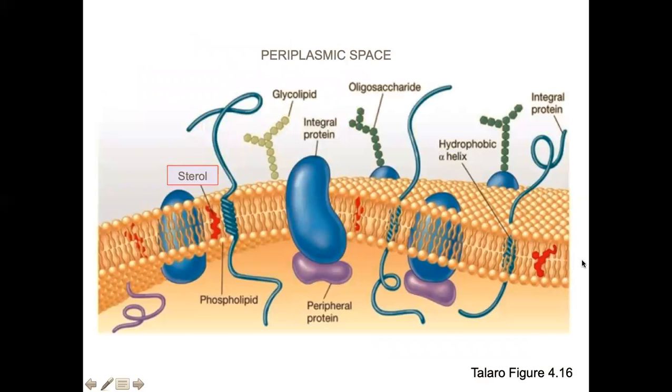And here's another representation of a cell membrane. So just imagine that continues all the way around, and this would be the outside of the cell, and this would be the inside of the cell. And we have other proteins and things dissolved in there, and I'm going to talk to you about those, like a sterol, like a steroid, because that's fatty. It likes to be inside.